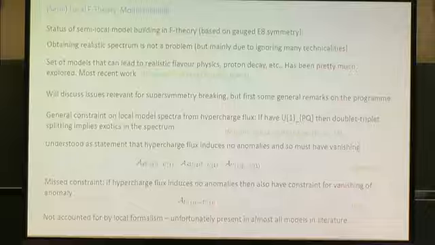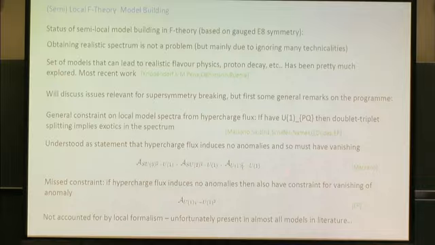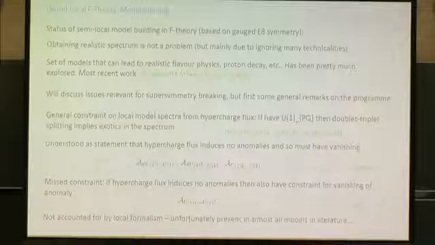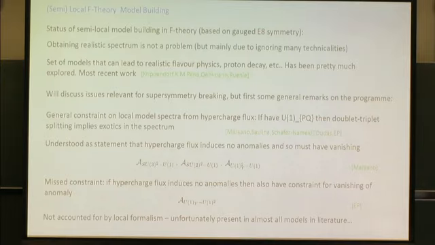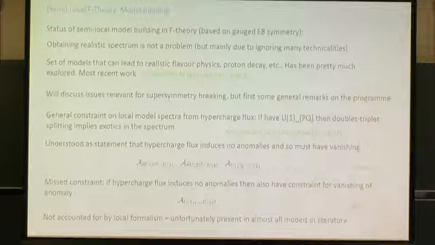But after the GUT breaking, after the hypercharge flux breaking, this can potentially be non-vanishing. And it turns out it's non-vanishing in many of these models. In fact, as far as I understand, it's basically non-vanishing in all the local models that have been constructed in the literature. And by this reasoning, the hypercharge flux should not induce any new anomalies, since this anomaly is induced